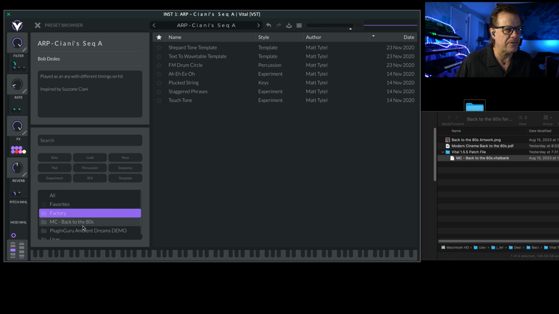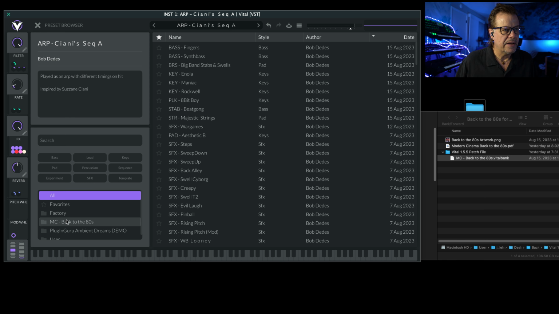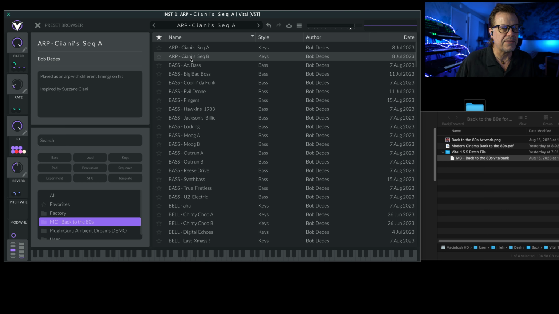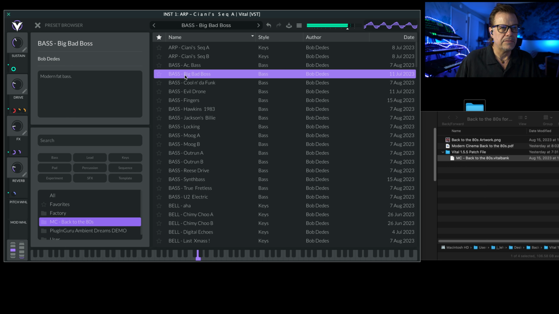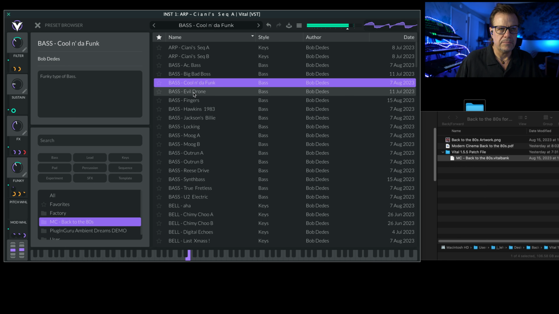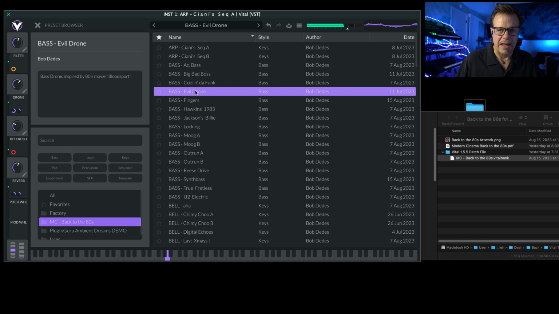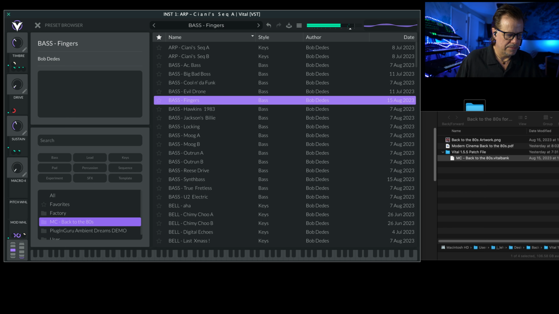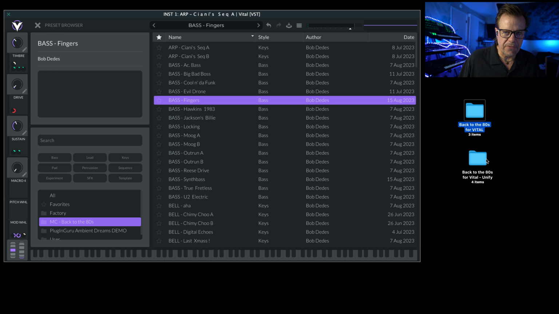Here's the factory patches and all that kind of stuff. If I say MC Back to the 80s, and if I click here, if it's not organized, you can get it organized. Now you can play the patches, right? And then if you have the Vital plus Unify version, then you just take the extra step of going over here,